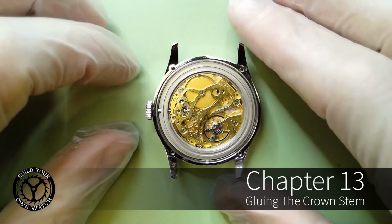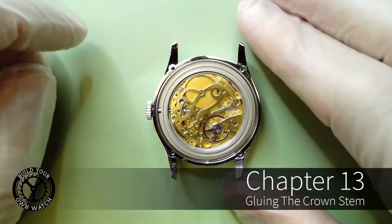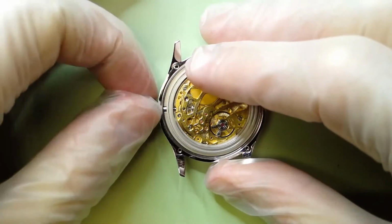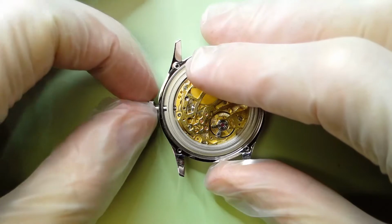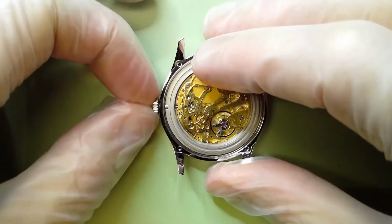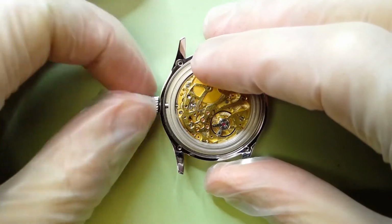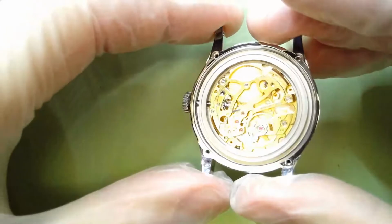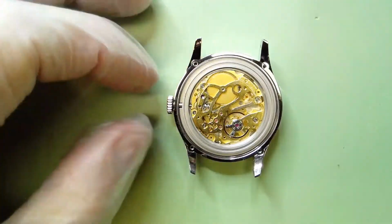Once you are satisfied you've got the crown cut to the proper length, and it feels like I do, here's the time setting position, looking good. Winding position's working. It's cut close and good to the case. We can go ahead